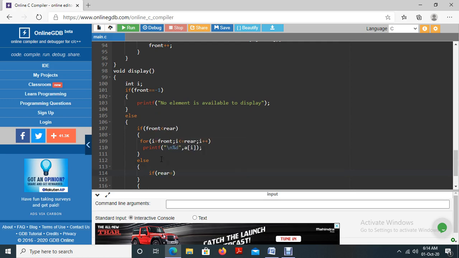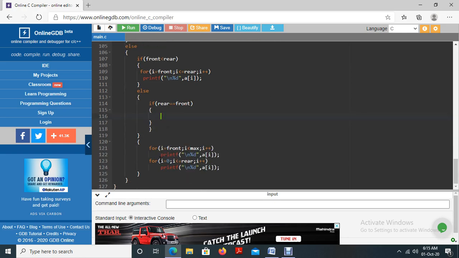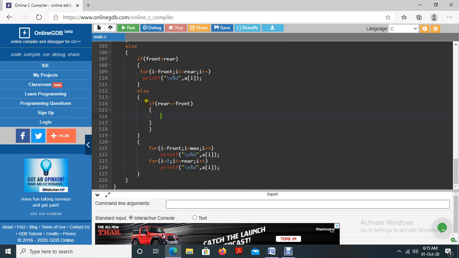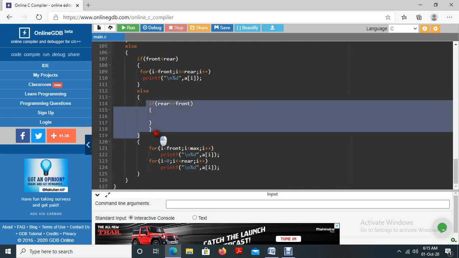If rear equals front, if both values represent the same index value of the array, what's the meaning? Sorry, I made a mistake.